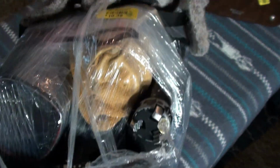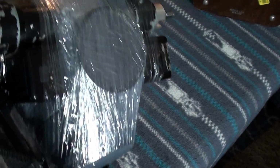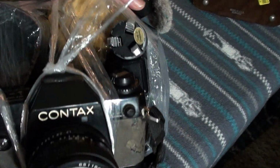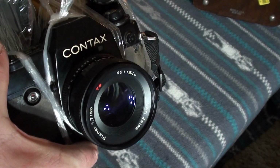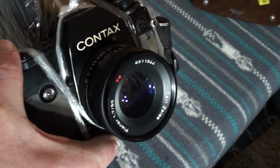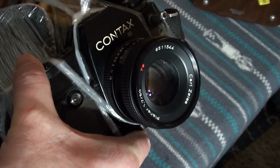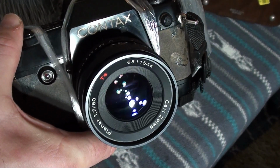I have no idea what else is in here. There's a cheapy tabletop tripod, and there's a motor drive, it looks like, and I think a Vivitar zoom lens, but there's a lot of other stuff in here. What I'm going to do is cut all this stuff apart and just show, because you're finding out what's in here as soon as I am. It's kind of like an unbundling video here. But I will say,